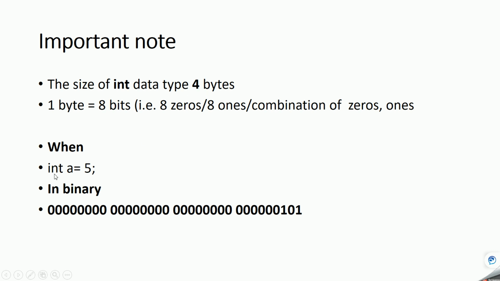So when we say a equals 5 and we want to represent it in binary, inside the computer when you run the program, it will be represented like this, with 32 bits. We must keep this in mind, because after the 101 on the left, all are zeros. In the previous slides I have not shown these zeros, but we must always keep in mind that an integer is 4 bytes and there will be 32 bits.